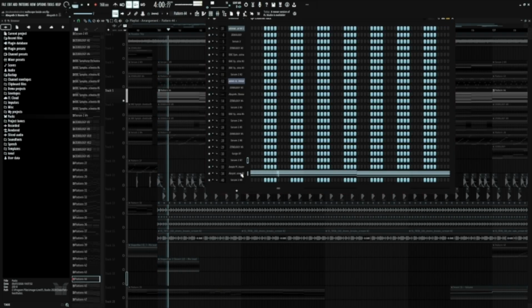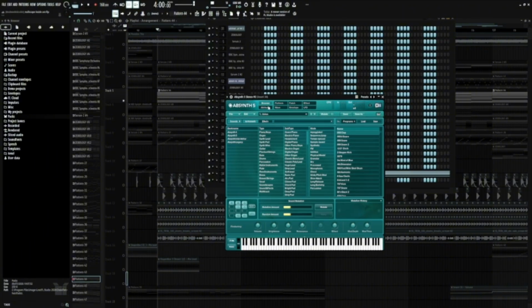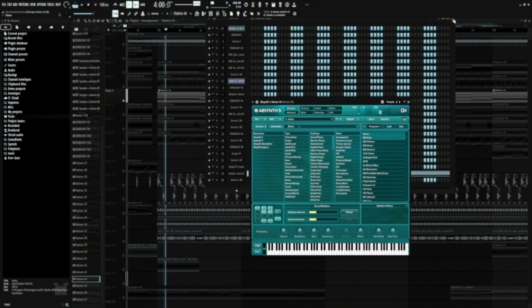So that's pretty nice. We have a new pad, and this time it's from Absinthe. Ashes is the preset name. That's pretty cool.